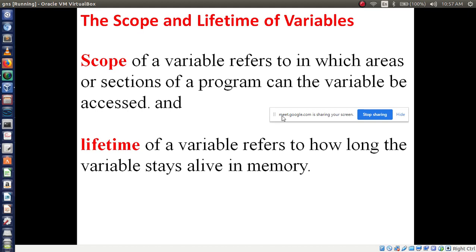Okay, so scope of a variable refers to in which areas or sections of a program the variable can be accessed. We are declaring some variables, int MCA 100, int AITM 100, like that, right? So we are declaring these variables in particular sections. For example, instance variable, local variable, and then global variable.